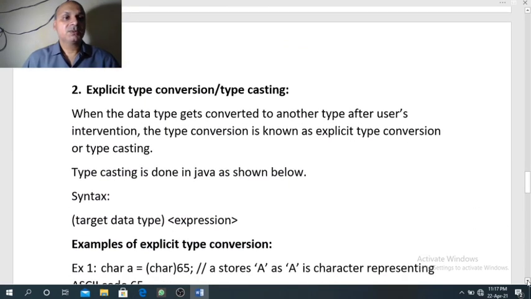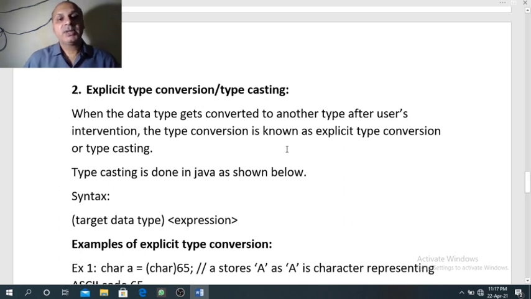Now we are coming to the second type conversion, that is explicit type conversion or type casting. In this type conversion, the result of the expression can be converted to another data type with the choice of the user.